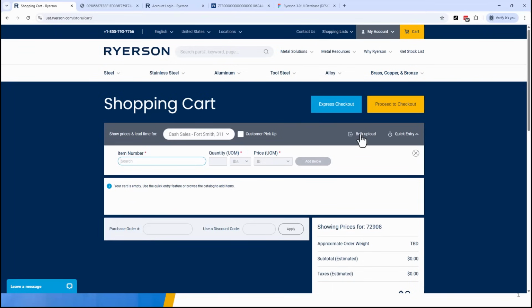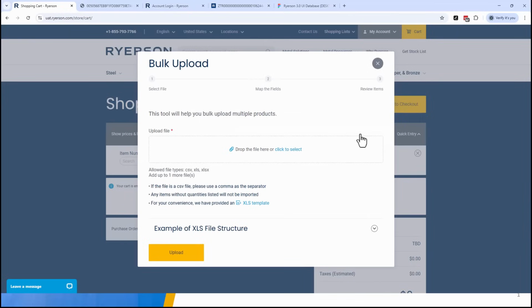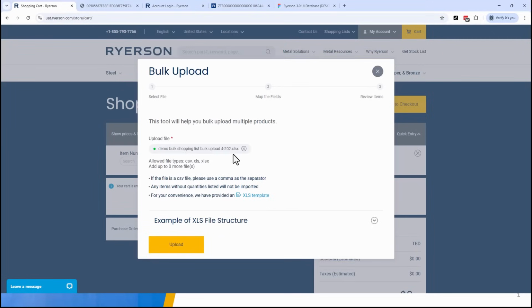So I'm here in an empty shopping cart. I click on bulk upload. In the past, before we updated it, you had to use our template, and it's still available for you to use. However, if you had a spreadsheet that you're getting from your system and you just wanted to drag and drop it, you could, or click to select. I'm going to simply drag and drop that spreadsheet here on my screen. I upload it,